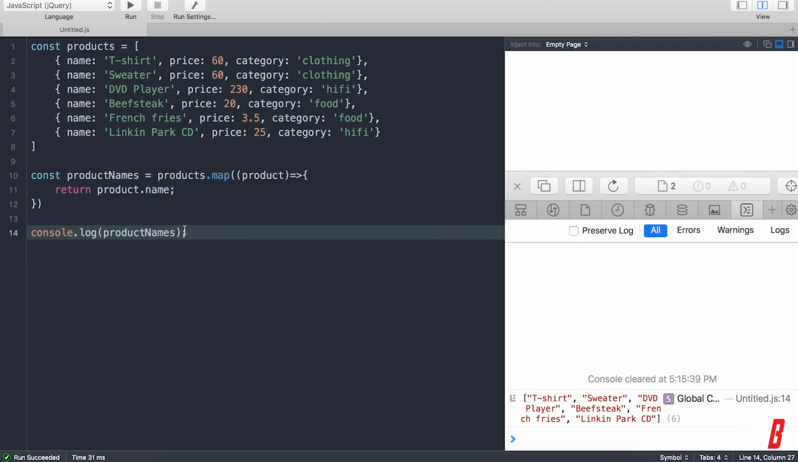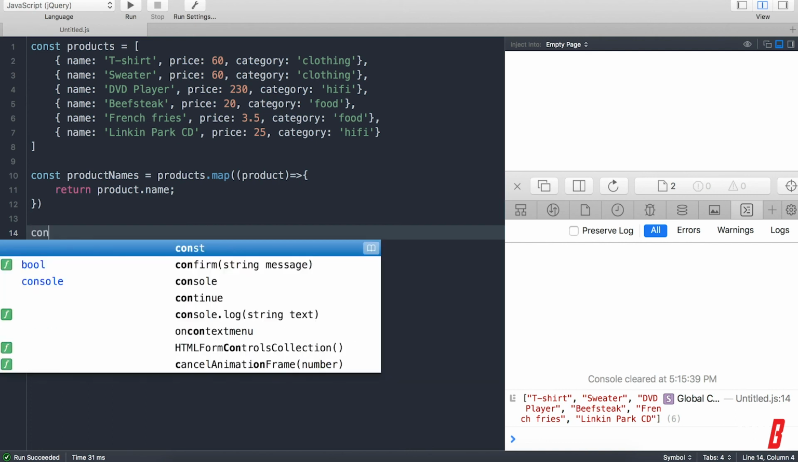Now the final method that we're going to cover is the includes method. We're actually going to use the product names for this. For example, if we want to check if this new array contains beefsteak or sweater or whatever, we are not going to use an arrow function for this one, just a new const